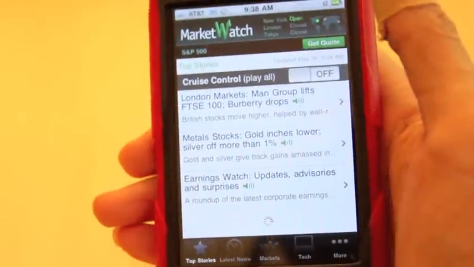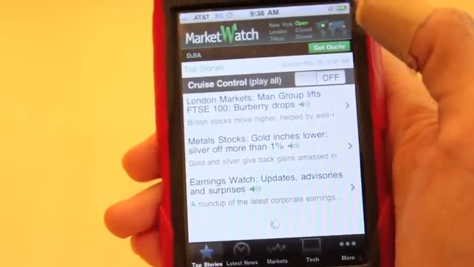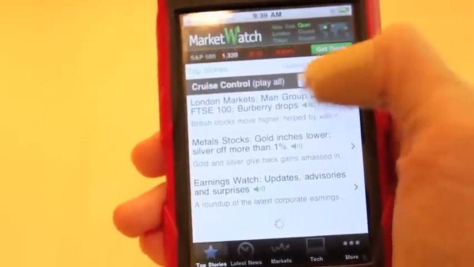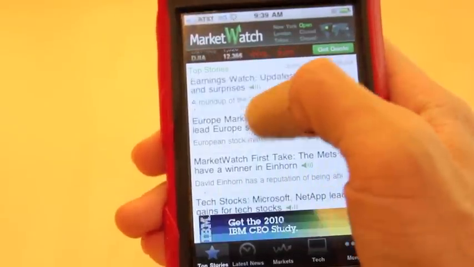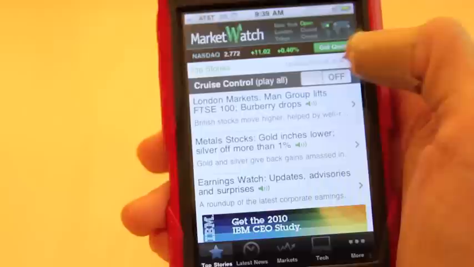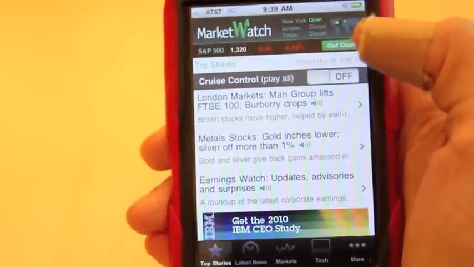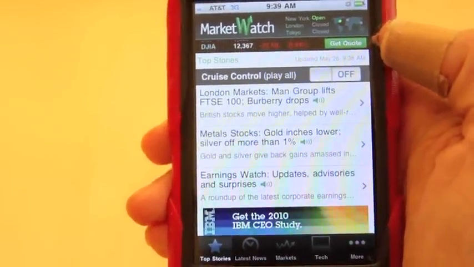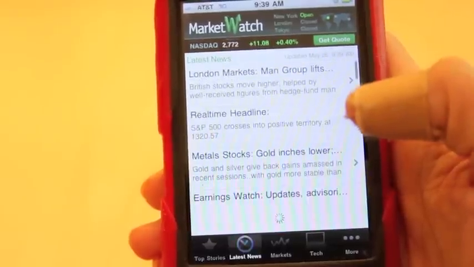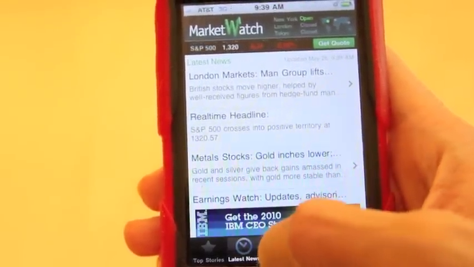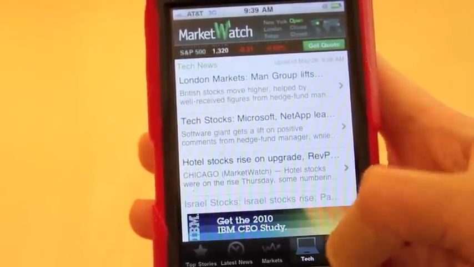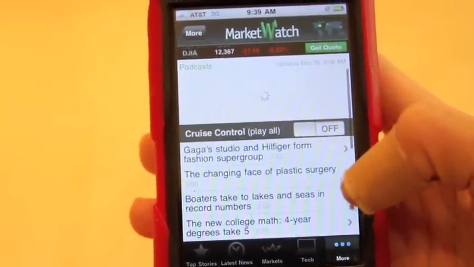Top stories is the main panel, and you can turn on cruise control to show continuous updates, or it'll just show you the latest ones that you downloaded so far, and if you want more, you would need to refresh it. Now, at first glance, it doesn't look like there's a lot of options. There's top news, there's latest news, and there's markets, and there's tech. But if you go to more, it'll give you a couple more topics that you can browse,